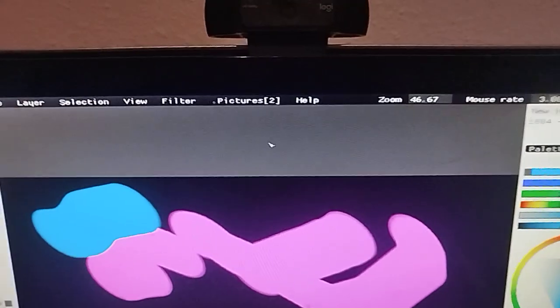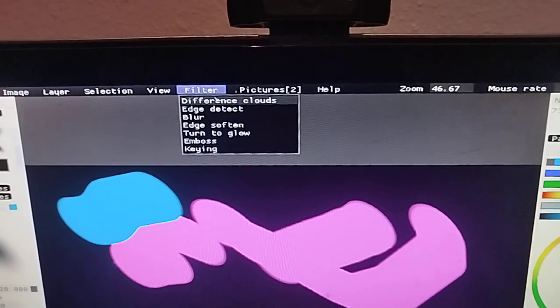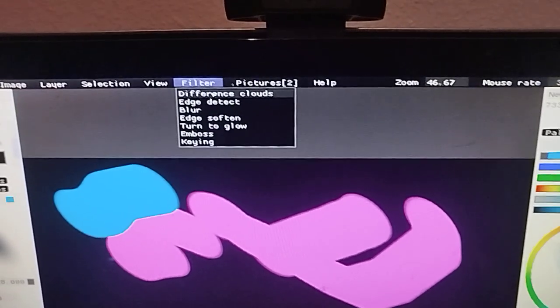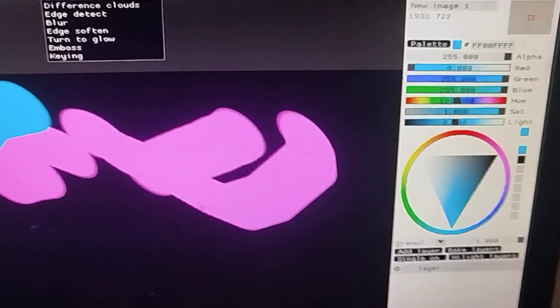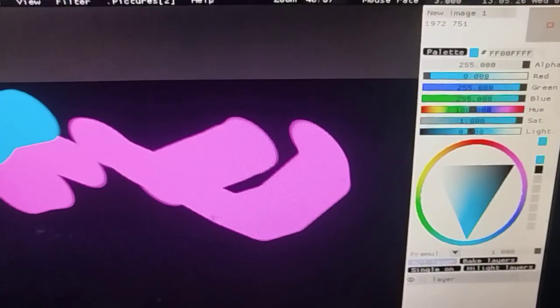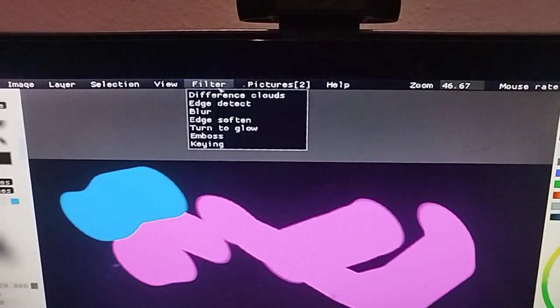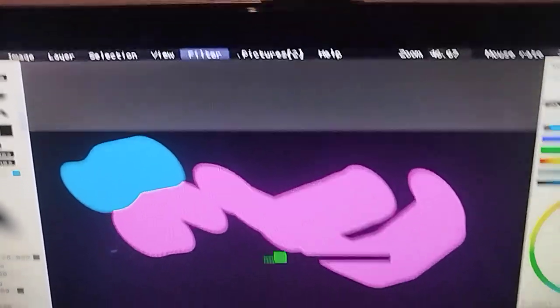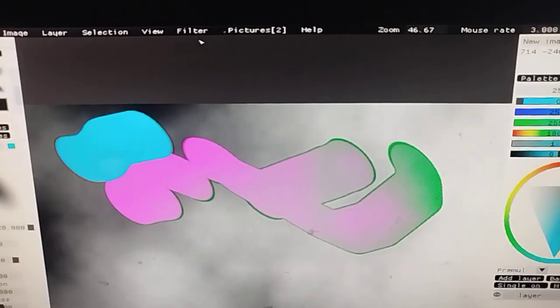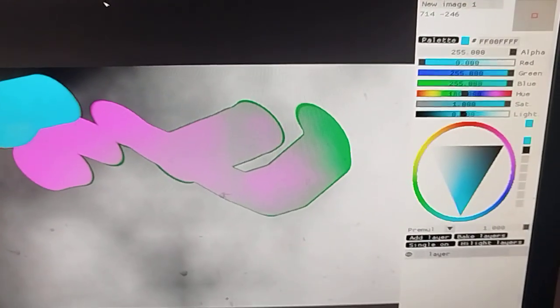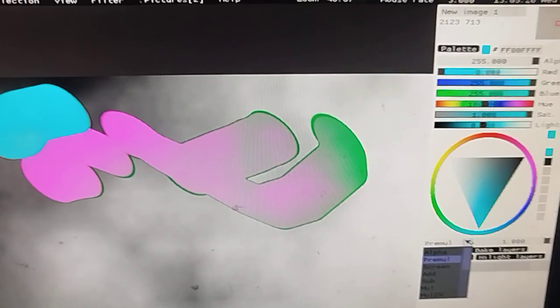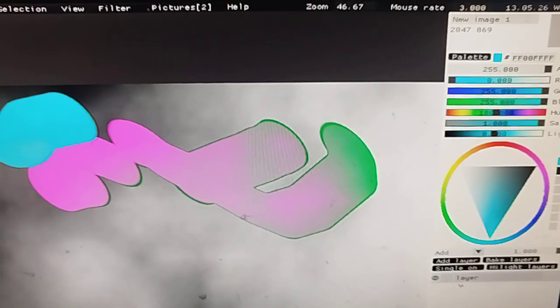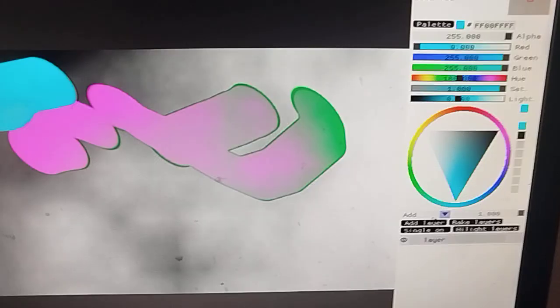It's baked, you see. Yeah, and also you have filters like difference clouds. Just choose it. Don't know. Maybe I just have to add a layer. For the difference clouds, filter difference clouds. It takes some time because it's not on the graphics card. You see, it looks pretty strange. It's Premul. And you can just change the layer mode to add. Or to,